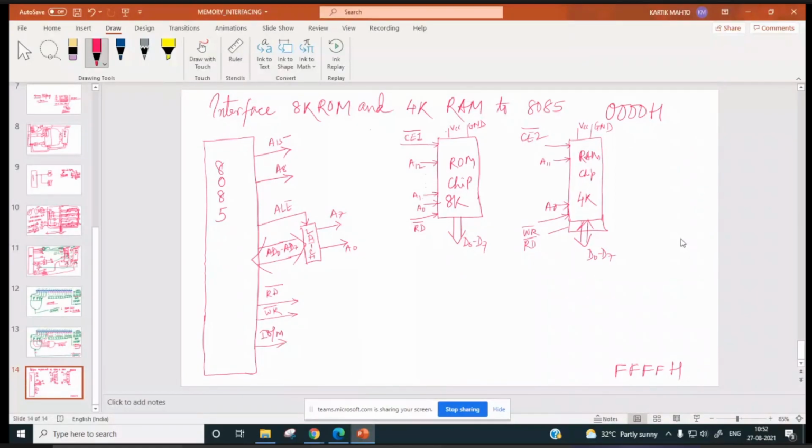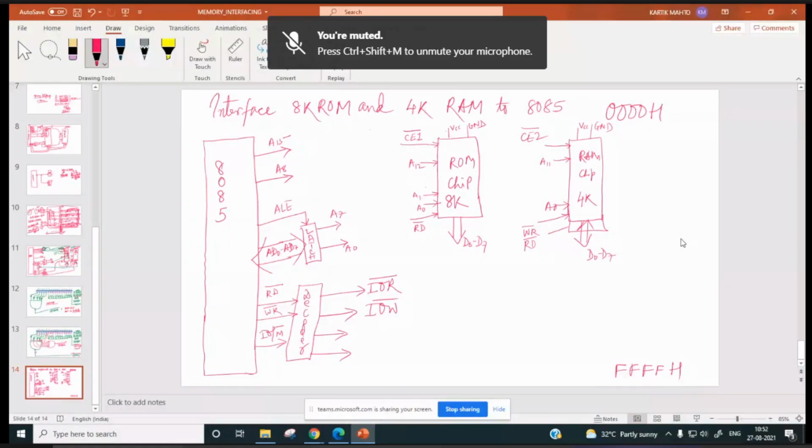IO/M bar will be over here, and you will have a decoder, and it will generate 4 outputs. What will these be? IOW for writing to an IO device, and for reading from an IO device, IOR will be there.